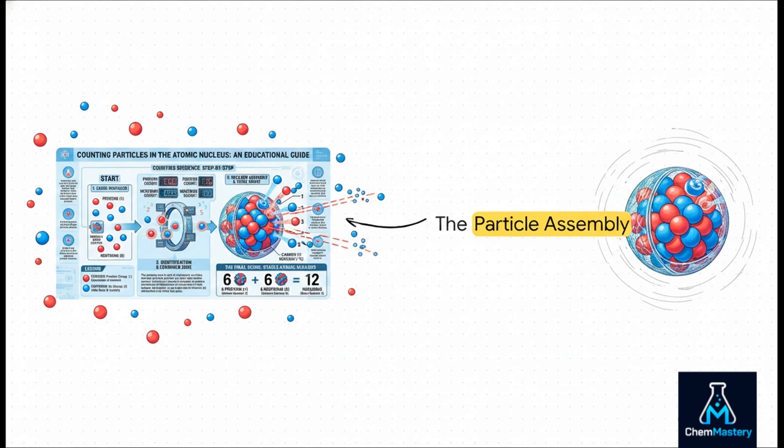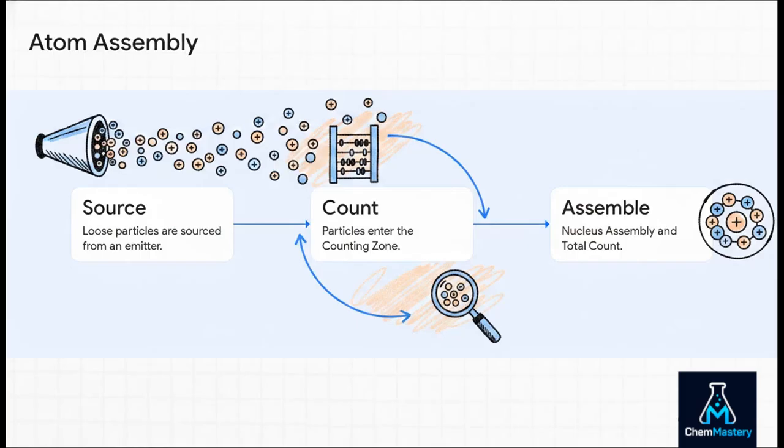Let's break down exactly what that process looks like. So, the whole assembly process happens in three really clear, logical steps. Step 1, we gather up the loose positive protons and neutral neutrons. Step 2, we pass them through this identification and counting zone, just ensuring we have the exact right mix for what we want to build. And step 3 is the final nucleus assembly, where those particles are tightly bound together to give us our total